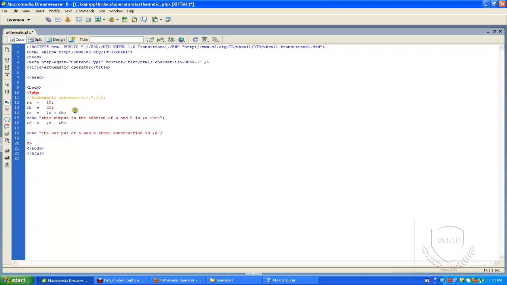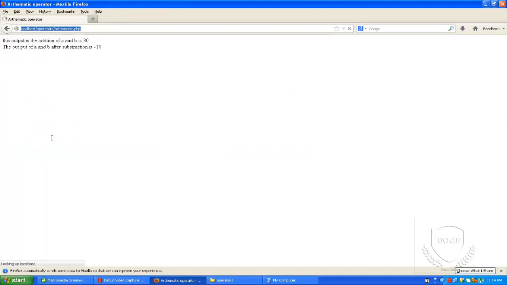By using this arithmetic operator we can perform mathematical calculations. Another operator is multiplication. So $e equals $a multiplied by $b, and you can see the output as $e. I'm going to add a break statement.